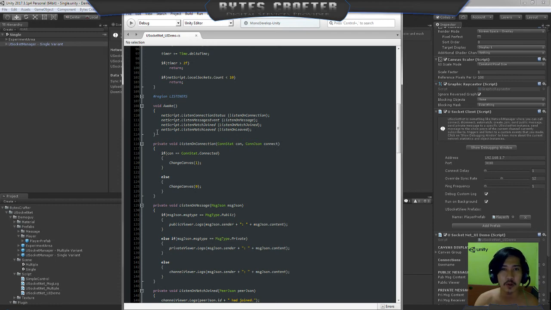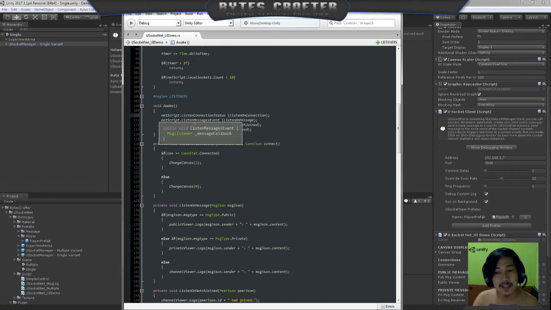For example, if the current user is disconnected, you can show disconnection and a countdown, because if the internet connection comes back, the client will automatically reconnect to the server, like in LoL or Dota.